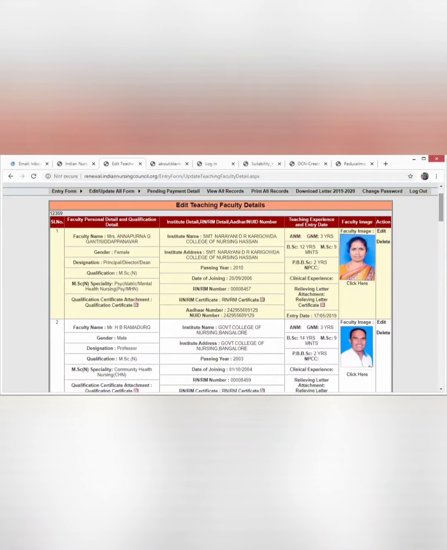We can delete her name. Or if there is any spelling mistake in her name, you can edit and correct it. Or if you have recruited new appointees, there is a row called last. You can update and add the teaching faculty. So you can go to the entry form, go to teaching faculty, and add there.